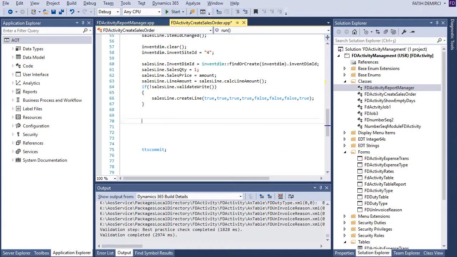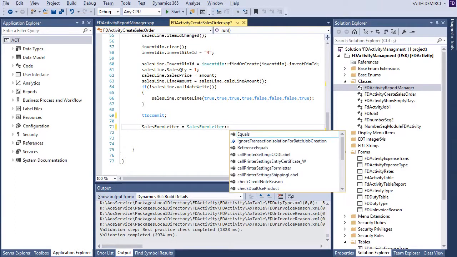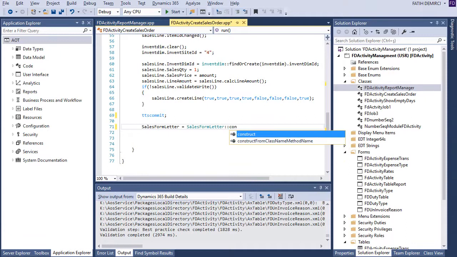And after ttsbegin, of course, I can write like this. Sales form letter, sales form letter, construct,